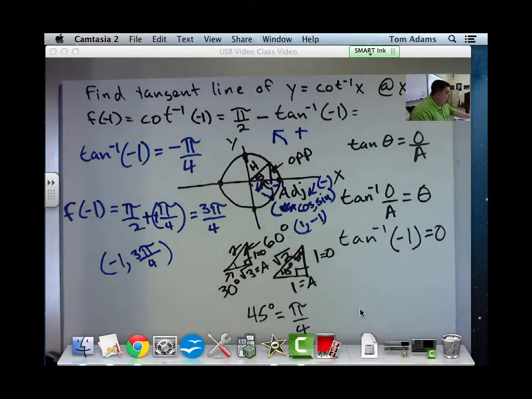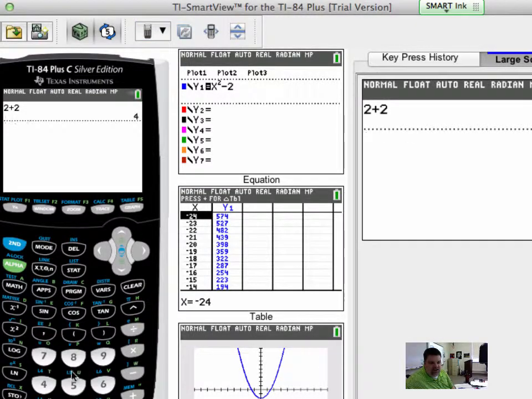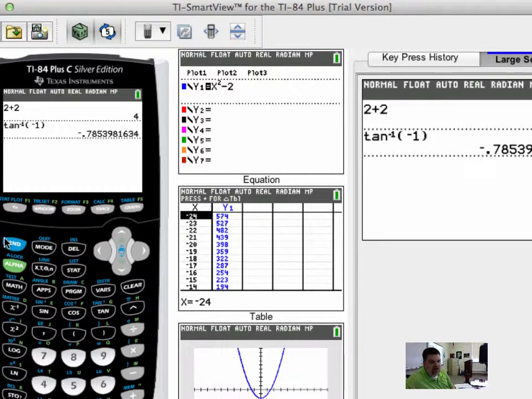Now before I move forward, I know this is a lot to soak in. Does anyone have any questions about how I got the things that I have written on the paper? Because there's a lot of stuff there. So you got the 3 pi over 4. You could also plug it in your calculator and get the same thing. You could. Enter in -1, hit enter. It's going to spit that out, which, by the way, is